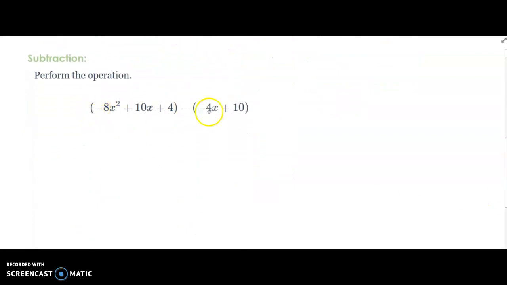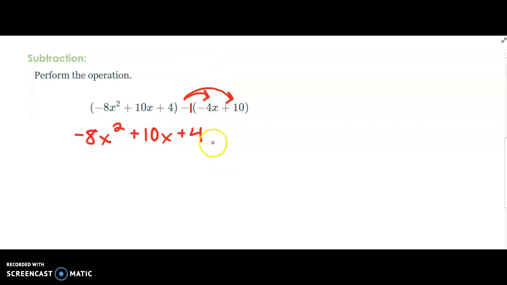Perform the operation. I have one polynomial being subtracted from the other. When we think about distributing this negative 1 to my second polynomial, similar to what we did before, except now it's a negative one, what we notice is going to happen is our first polynomial stays the exact same, negative 8x squared plus 10x plus 4. The signs of my terms in my second polynomial that's being subtracted, they're going to change because negative 1 times